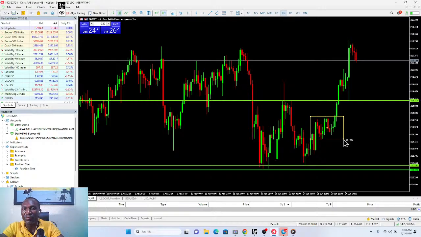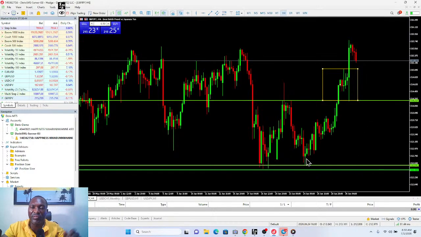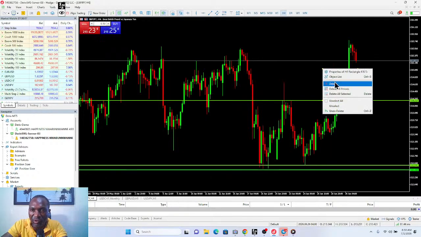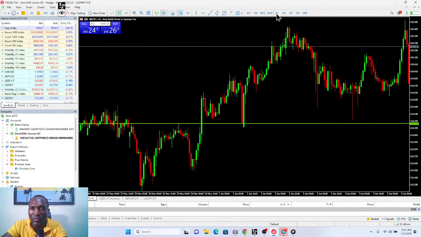Okay. So now you broke it to the upside. You have another one here. Market broke it to the upside. So now that means our analysis is still intact based on this is an uptrend. We are looking at buying here. We are looking at buying either here. So it's still intact. These are just what you need to understand. Now the market is still flowing down. Don't worry. We're heading somewhere. So we've already known that this is top analysis we are running. We're doing top analysis. So we will now go straight to 1 hour.